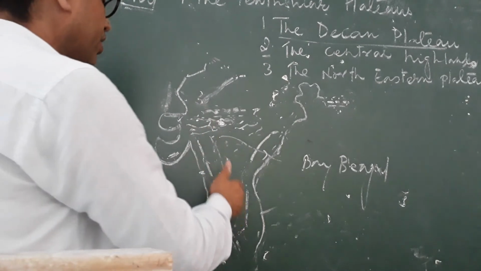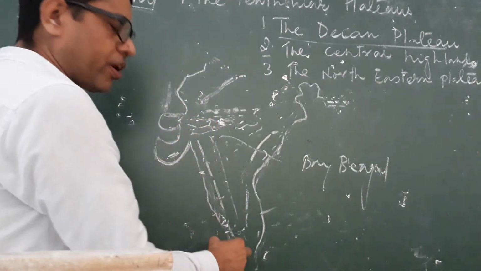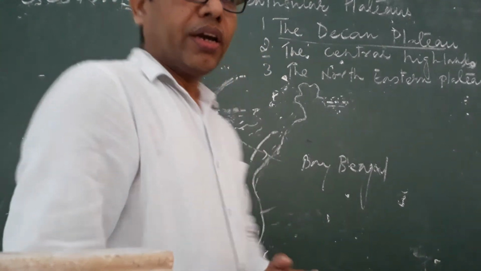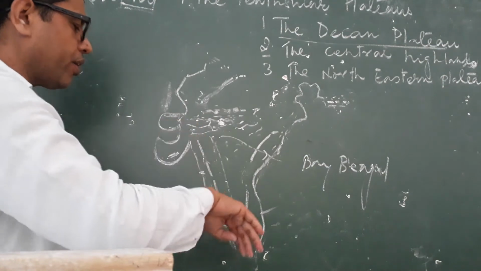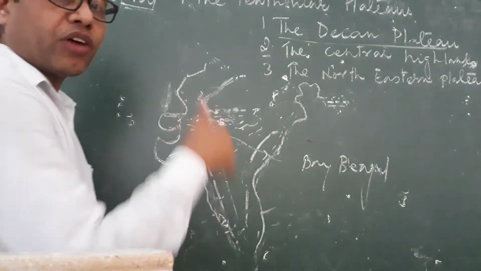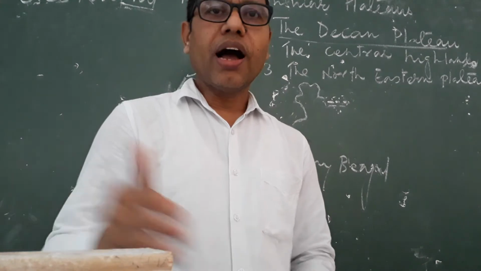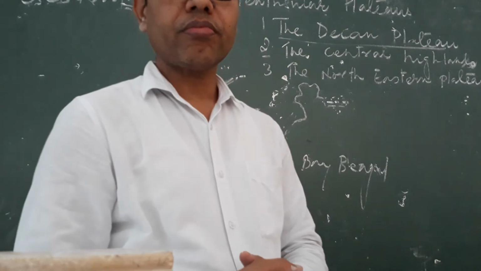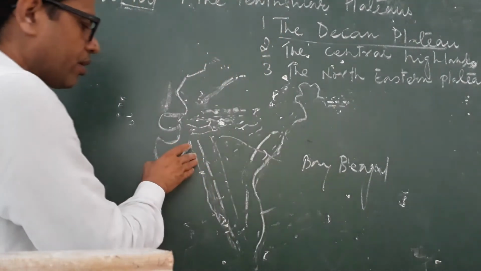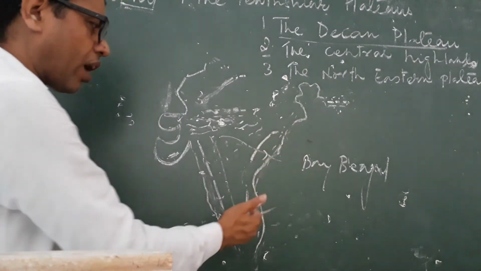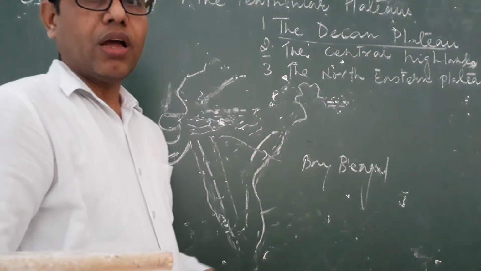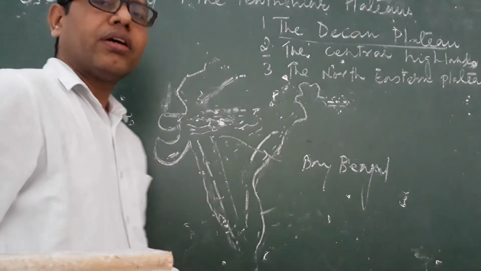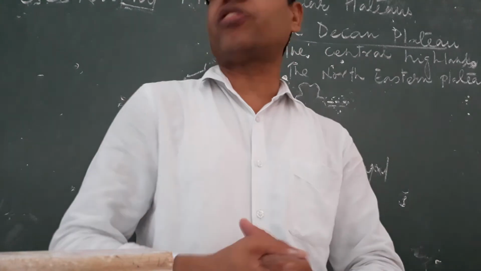Let us know about the Western Ghats. These are the Western Ghats right from Tapi River to Kanyakumari. It spreads from north to south. Its height also goes on increasing as we proceed from north to south. I mean, the southern part is higher than the northern part. In comparison to Eastern Ghats, it is continuous and higher. Its average height is about 1500 meters from the sea level.